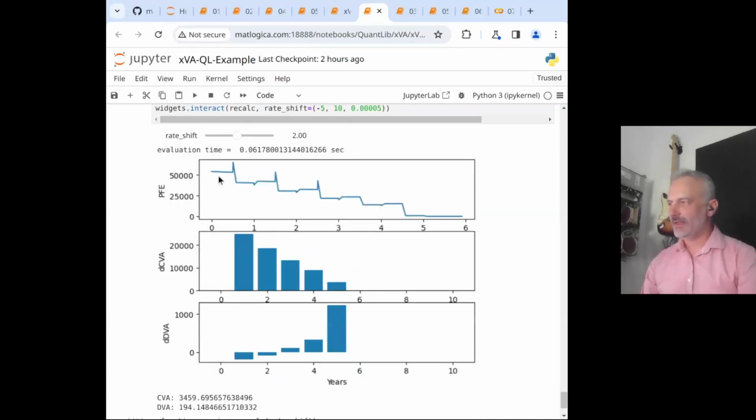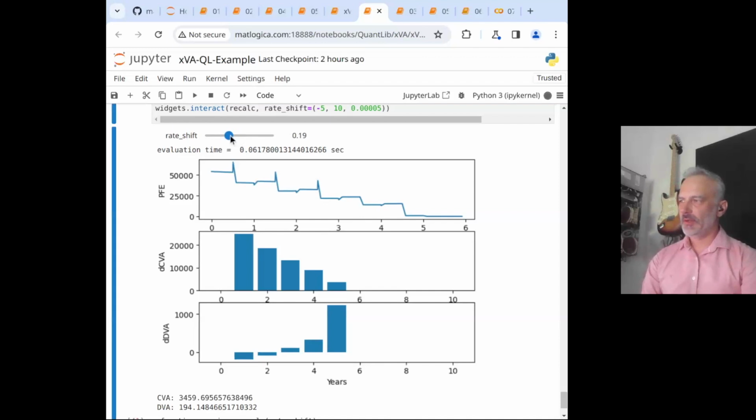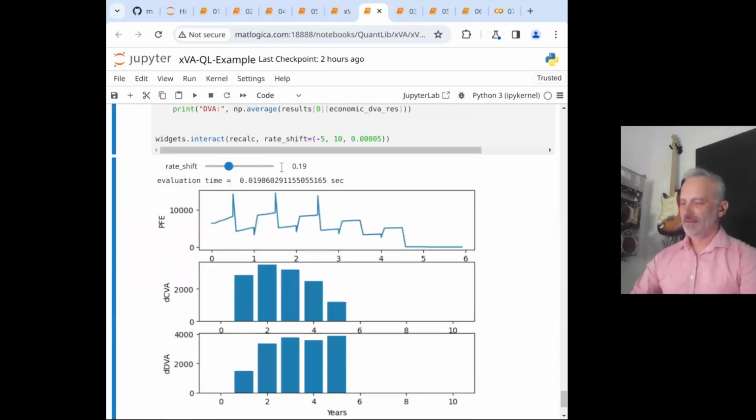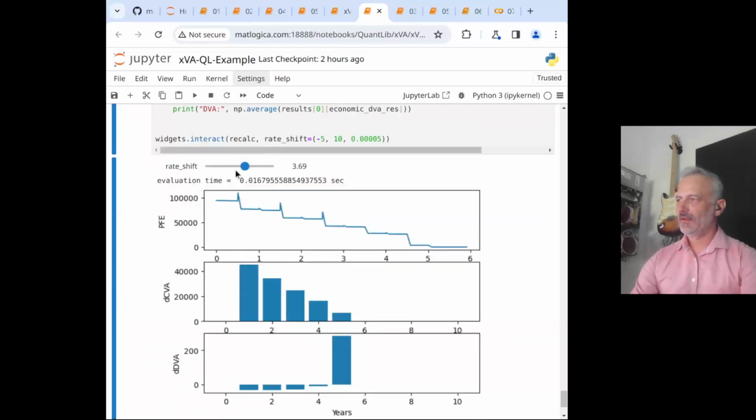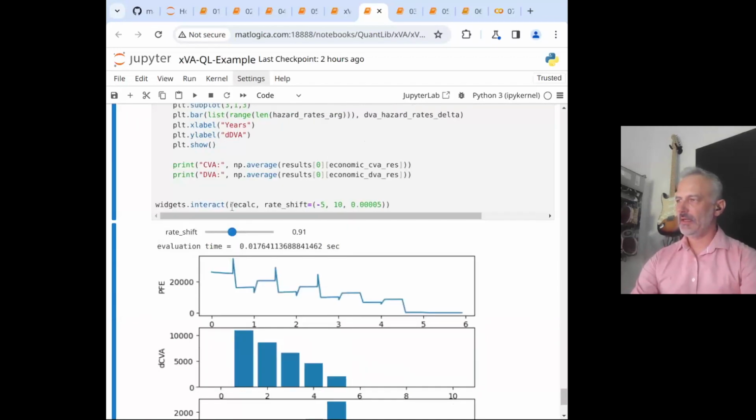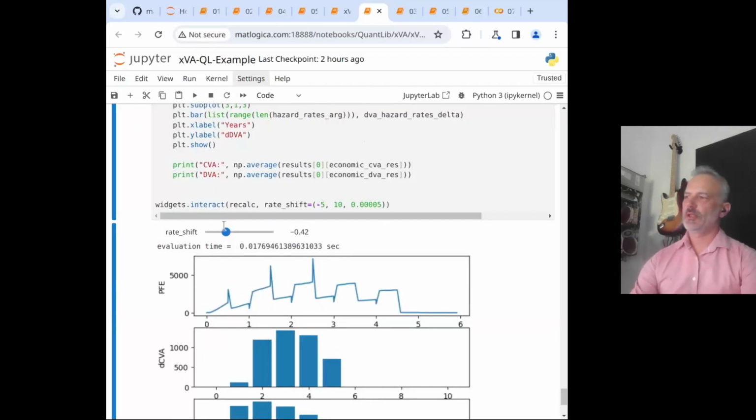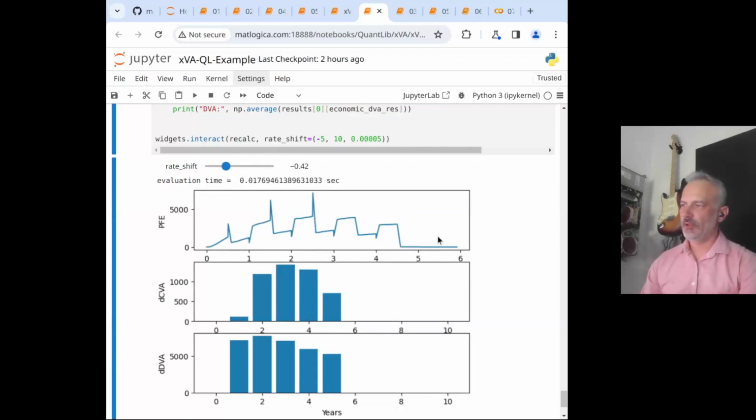You can use this nice Jupyter widgets technique to demonstrate this. So here on the top, I can slide my interest rate curve up and down, and I can immediately see how exposure changes. So here you see the exposure from the simulation, and you see how the sensitivities for CVA and DVA change as well.